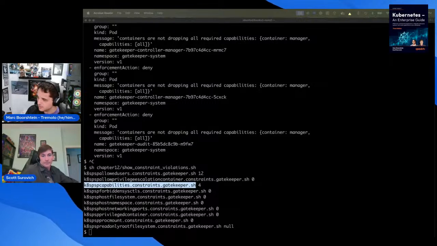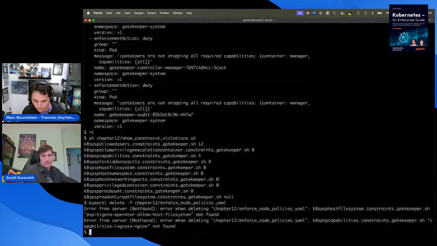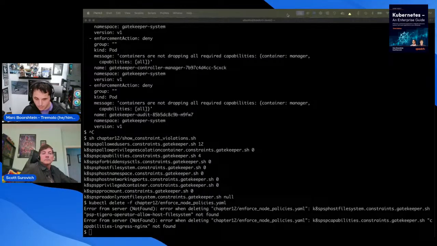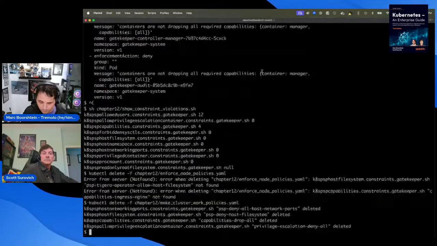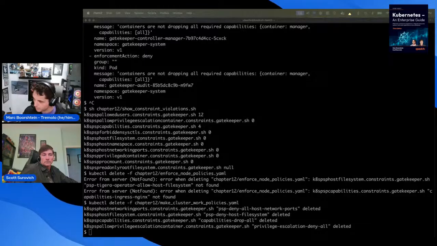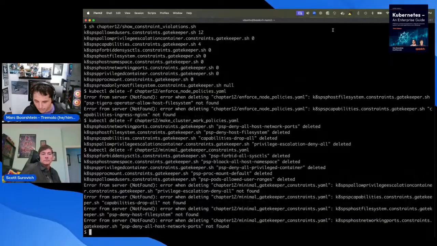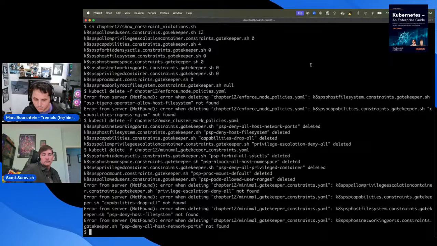So the first thing we did, let's clear out all our policies because we're going to start over. And some of these are going to say they don't exist because when I wrote this, I probably reran this chapter half a dozen times. So some of the stuff was there, some of it wasn't. The next thing we're going to do is create our multi-tenant policies.